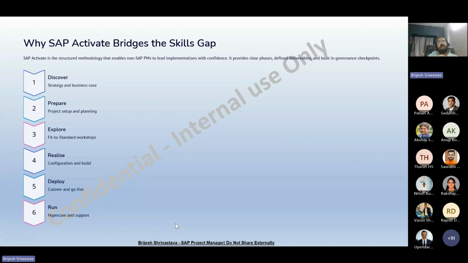This is not a simple thing. You receive a requirement, you start preparing the plan, you start executing, and start deploying. No, this is not the way. We have phases, and each has a number of deliverables and milestones, and a number of things that need to be done. So if we talk about the first phase, discover, this is where we understand the customer business, identify business value, define the strategy, and then you can prepare the business case.